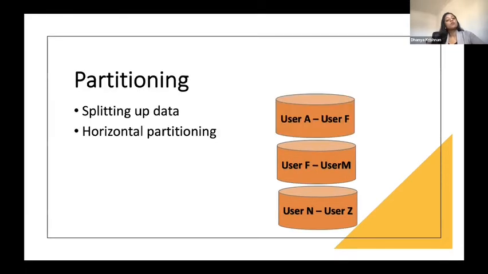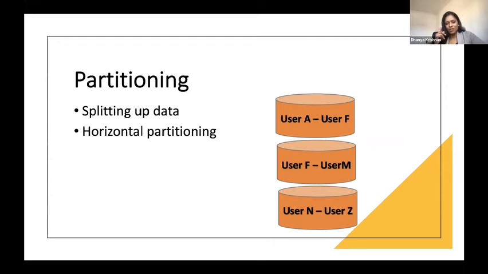Another one is by using partitioning. So what is meant by partitioning? As you probably see in the figure, all I have done is split up the data, like I literally horizontally split up the data if you are considering a database. So now I have chosen to keep all the users whose name is from A to F in the first database instance, and then the remaining in the next two, like how you see in the figure. So this is another strategy of scaling your database.